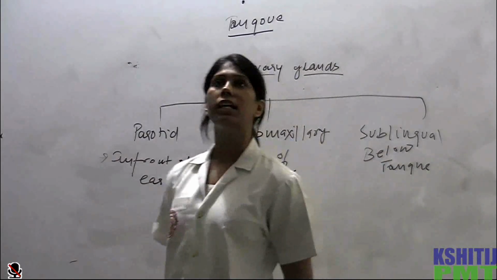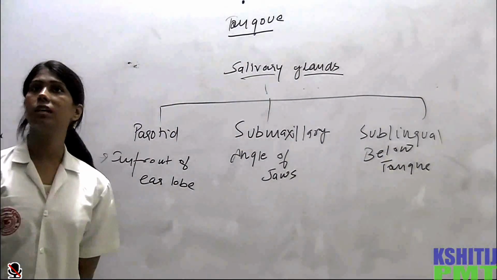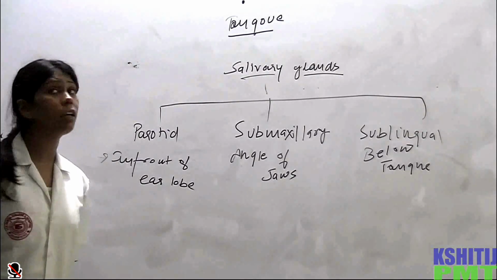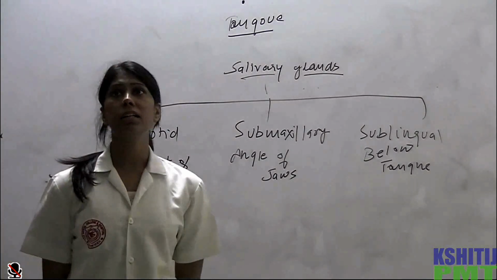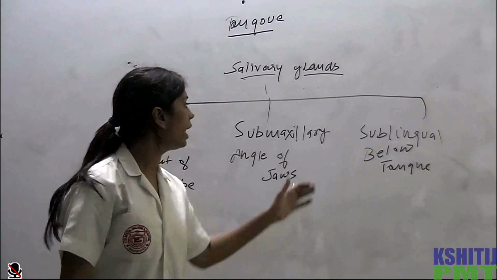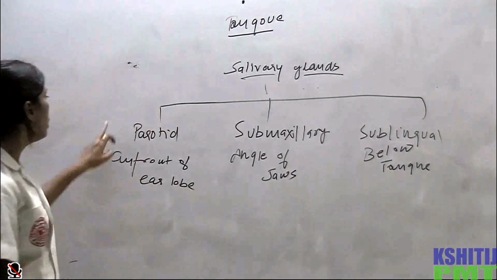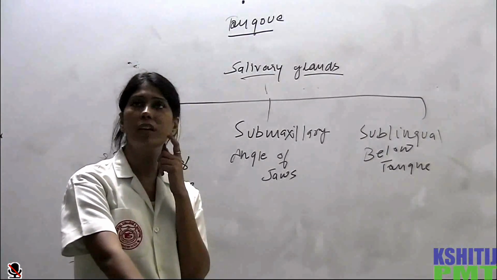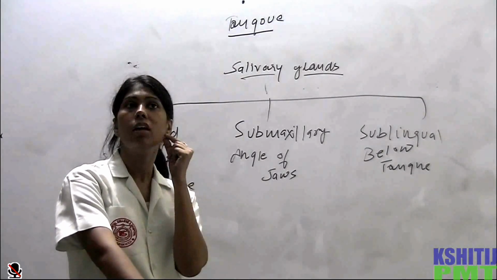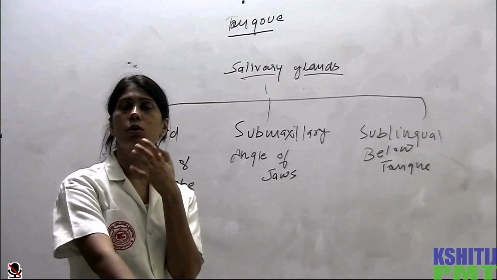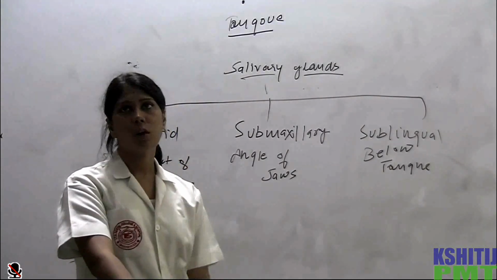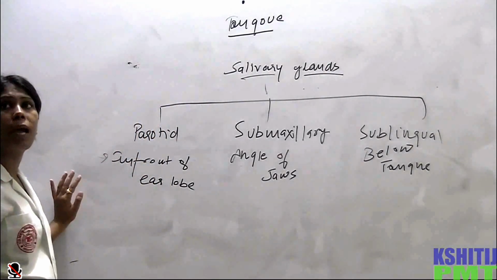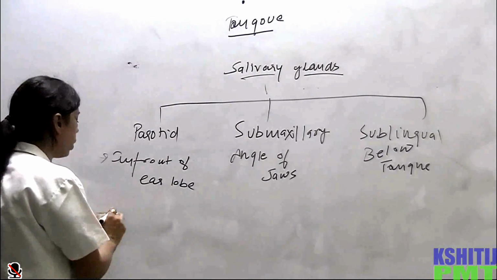So we have three types of glands: parotid, submaxillary and sublingual. The parotid is present in front of the earlobe, the submaxillary is present at the angle of the jaws and the sublingual is present below the tongue. Now we need saliva inside our mouth, no? So how will the saliva come from there? Obviously, we are using a duct system. So the duct of the parotid gland is called